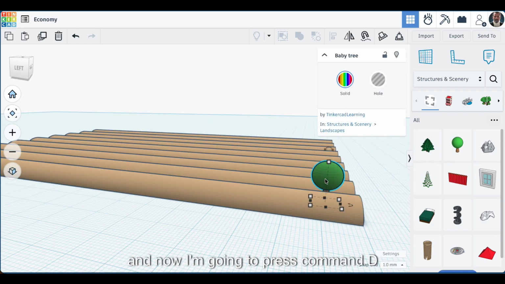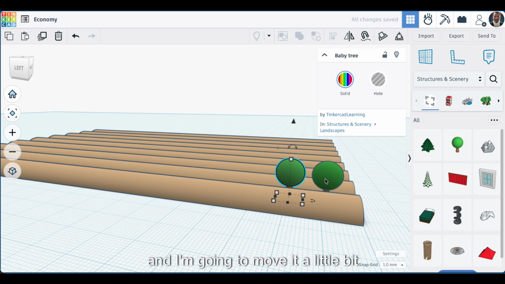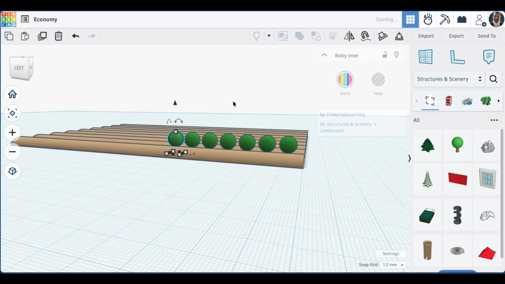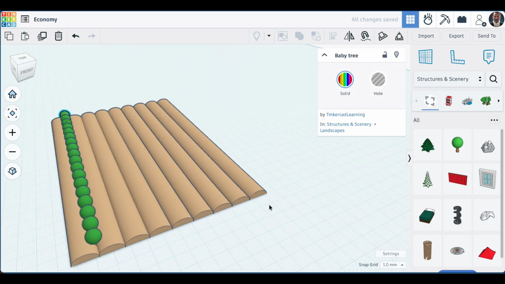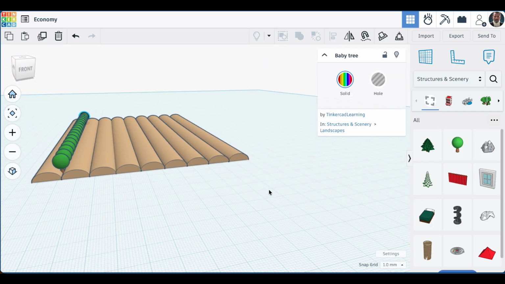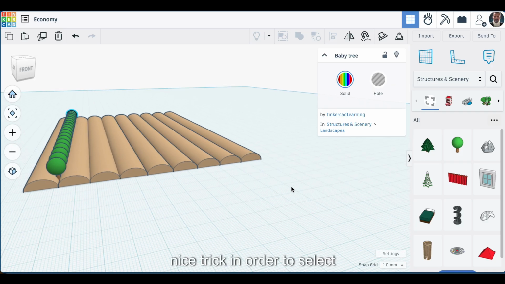And now I'm going to press Command D. I'm going to use my arrow keys, and I'm going to move it a little bit. One more time by pressing Command D, I'm going to generate my crop. See? I'm going to repeat this step more times, but first I'm going to show you a nice trick in order